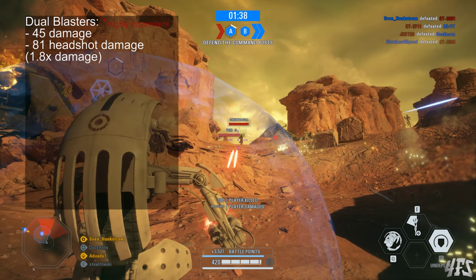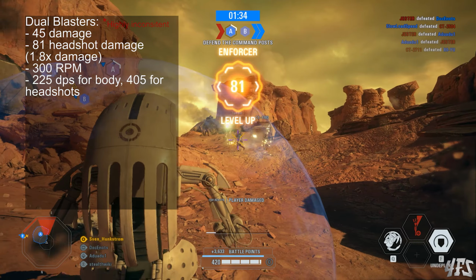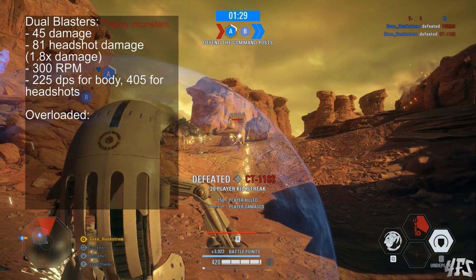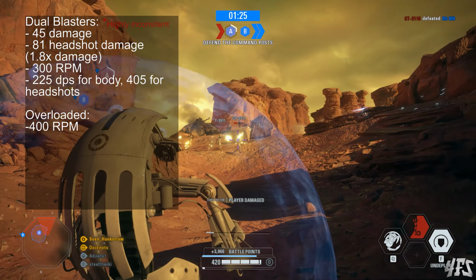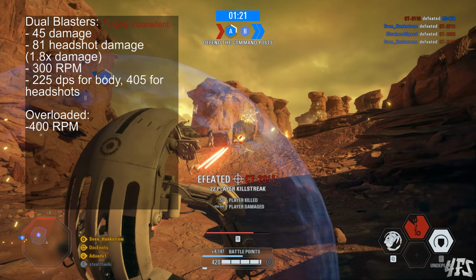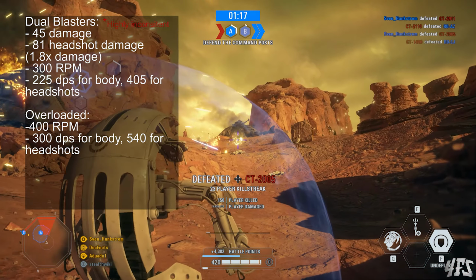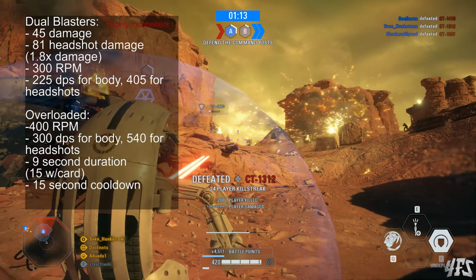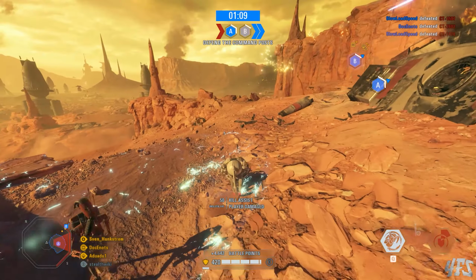Firing at 300 rounds per minute, the DPS is 225 for body shots and 405 for headshots. Overloaded, the rate of fire goes up to 400, so the DPS shoots up accordingly to 300 for body shots and 540 DPS for headshots. It lasts for the standard time of 9 seconds, up to 15 if you use star cards, and has a 15-second cooldown. Now these look like, and in fact are, really good damage numbers in a vacuum, but